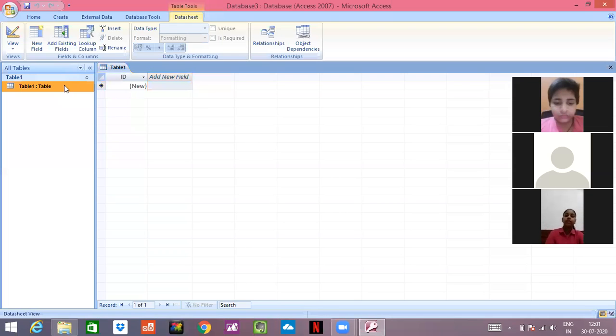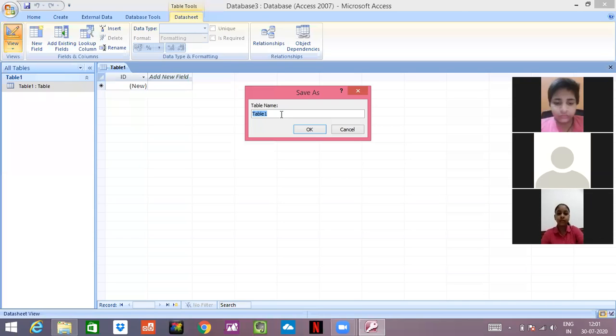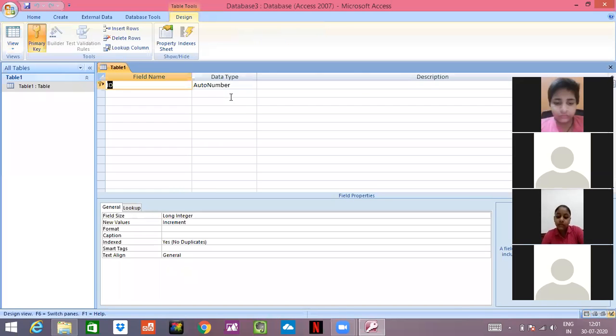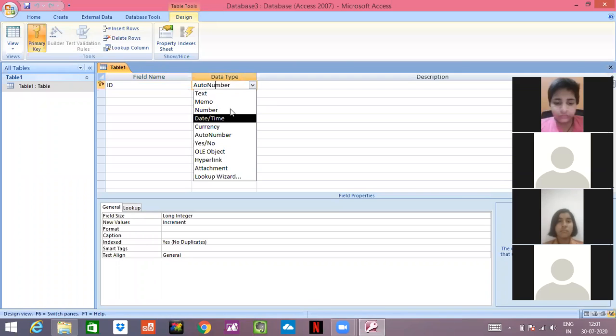you have to create a table. For creating a table also we have learned the way, and we were having a view. In view we have to create a table name, and our table has been created. We have discussed the different data types like auto number, memo, number, date and time. It is required when you put something in your table, to say which type of thing you have entered. For example, IDs are generally numbers. So we have written auto number.